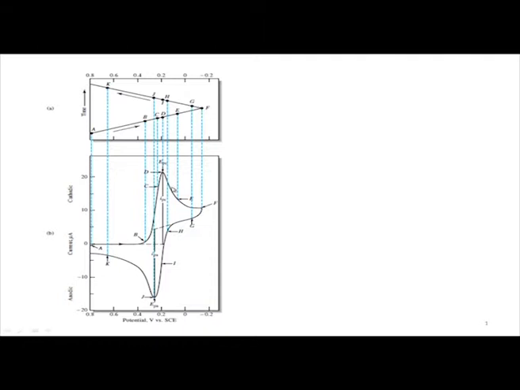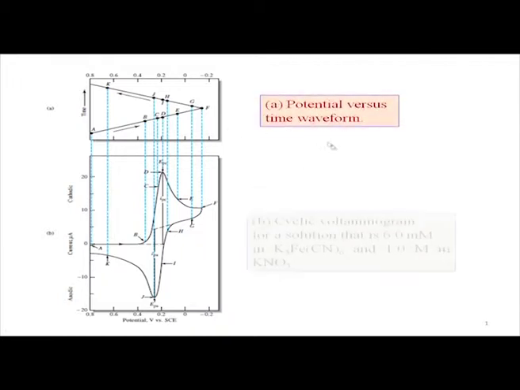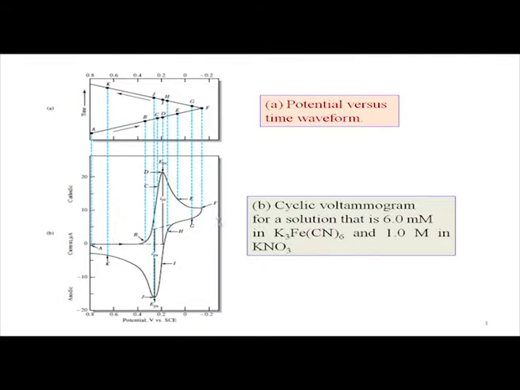So what we discussed in our last class, when it is moving and crossing the maximum through D, that means this is the corresponding sweep for the potential that we are getting: the potential versus time waveform and the cyclic voltammogram. So now you have to analyze this particular thing, that means how you can analyze this voltammogram. So this is a typical cyclic voltammogram for a solution containing potassium salt of ferricyanide.